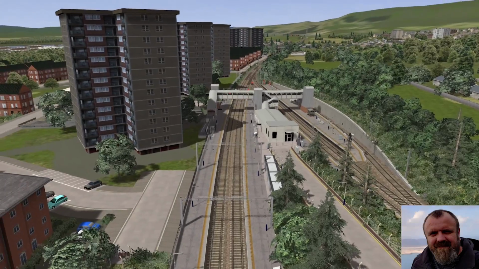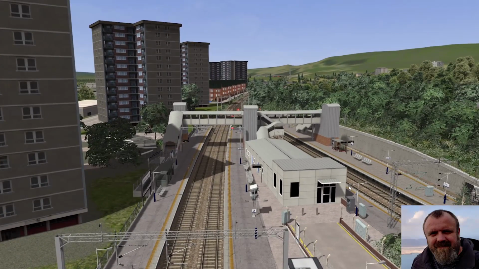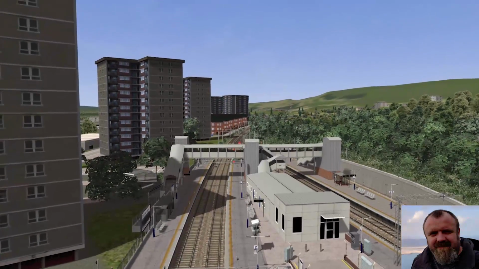Okay, yeah, there's Dalmuir. Dalmuir is the structure of the station that I had done originally, but there's been a new platform made on the right here. And also the stairs and the lifts and all that is a custom asset that's been made by Rivet. It completely changes the look of Dalmuir, it looks great now, whereas before it was all old assets that were put together.